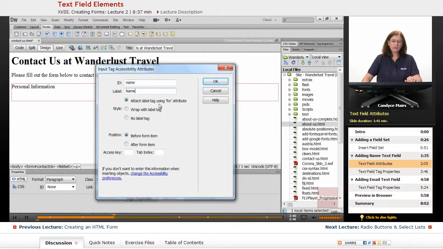Now I'm going to attach the label tag using the for attribute. That is the recommended way to work with text fields, and it's because if a user is using a screen reader, trying to give the screen reader instructions to fill out the form, we will end up with a box of content and we'll end up with some text. And what the for attribute does is match up the text with which box it is